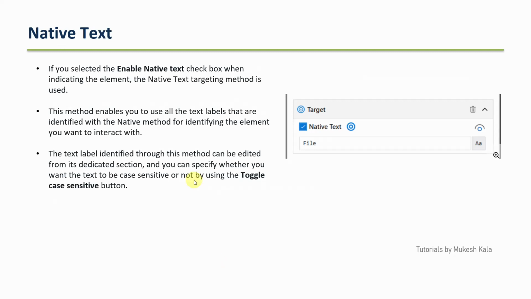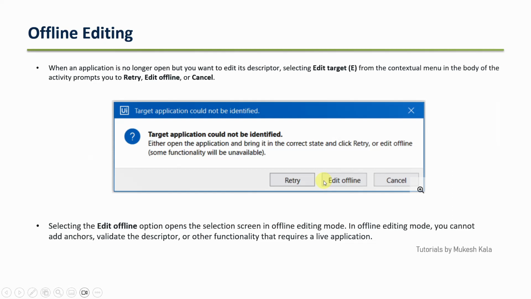So the native text is also available for you in the target, right? But just to remind you, this option will only appear if you select the enable native text checkbox when indicating the element. Then only this method would be applicable to you, right? But remember, whenever you are using this, just make sure of the case sensitivity, okay? Moving forward,